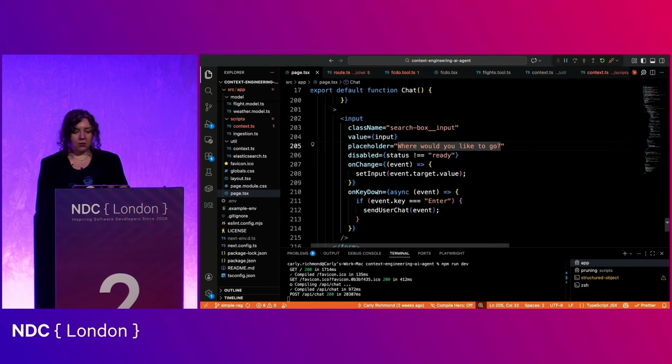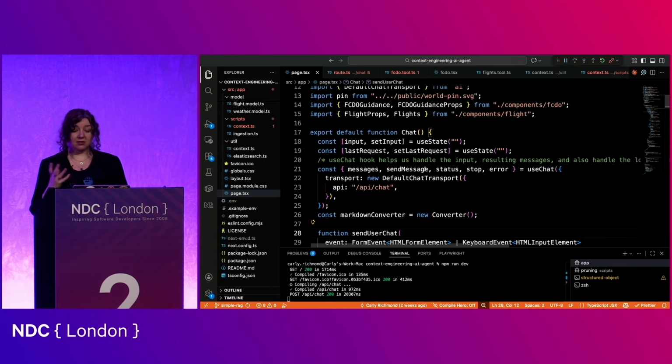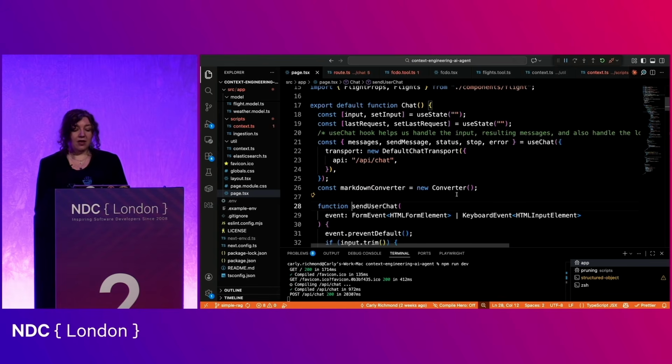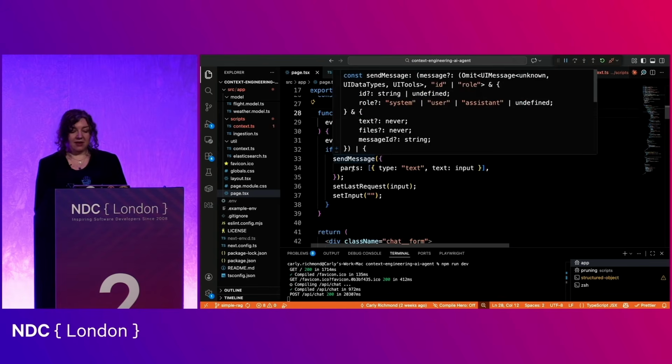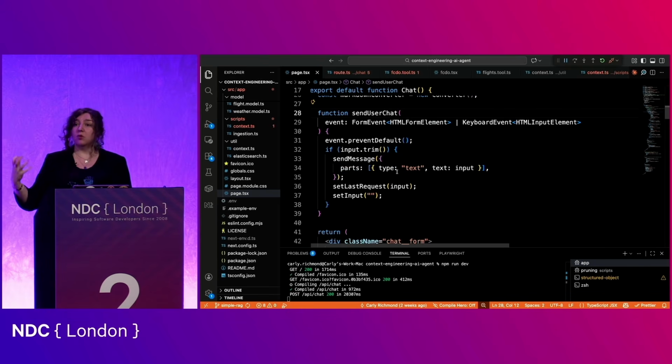And then you'll see that when I hit the enter key, it's going to send the user chat. The way it does it here, because this is using a React hook called useChat, is that all it's going to do is basically send the message. And we need to make sure that it's in the respective contract that's expected, because it's not just the text and that's it. LLMs tend to want to have the full stream of messages, including things like the role. So is it from the user? Is it one that was generated by myself as the system? What kind of parts? Is it type text? Is it images? What's the format that I need to process here? And then, of course, the actual message. So we are going to send that through.